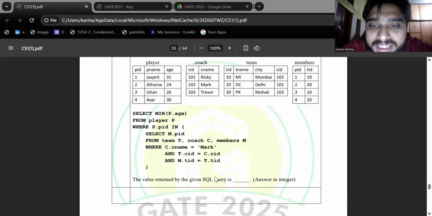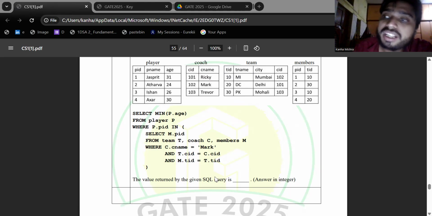A relational database is a collection of tables with a relationship between them. Each table has rows and columns. Rows are the records, columns are the attributes. A table is a collection of related data like players, team, etc. A tuple is a row in a table. An attribute is a column in a table. A primary key is a unique identifier for rows of each table, like PID in the player table. A foreign key is an attribute that links to a primary key of another table, like CID in team links